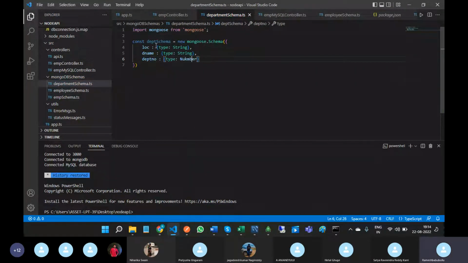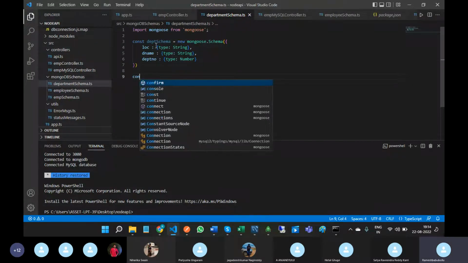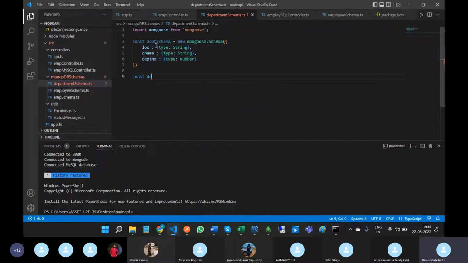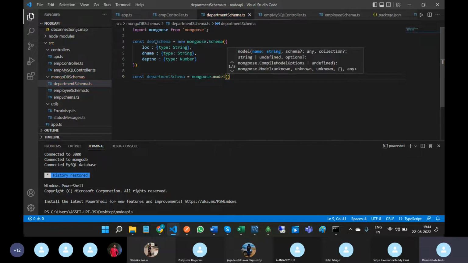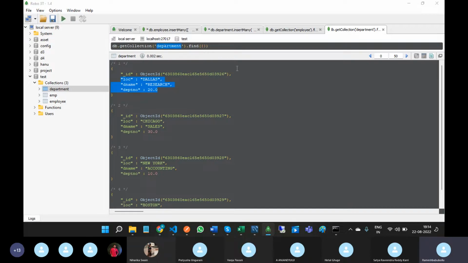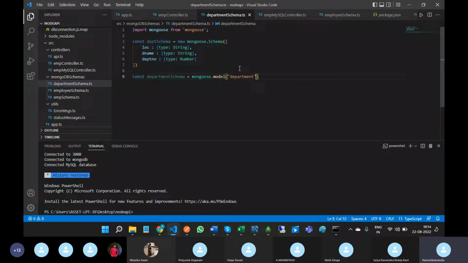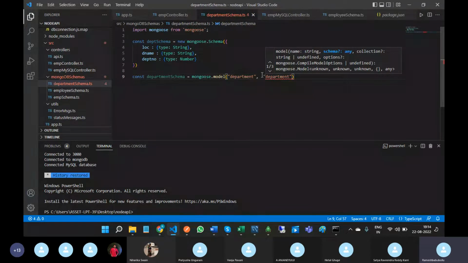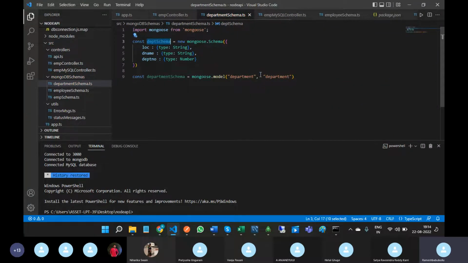Number, so constant department schema equal to mongoose dot model of, what will be the collection name. So take this collection name and again give the collection name. So in between these two collection names, copy this and give this schema name. Okay,